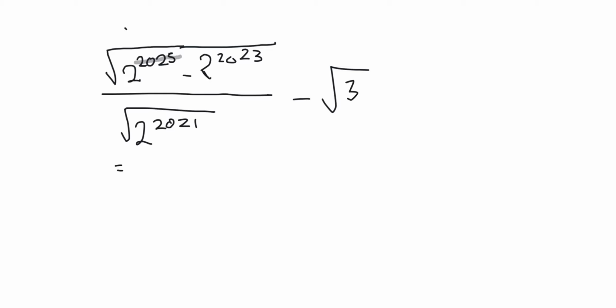Under 2025, you can still represent this as 2 to the power of 2023 plus 2, because plus 2 is going to still give you the same answer. Subtract this, remember,